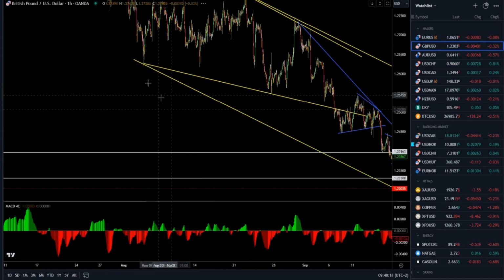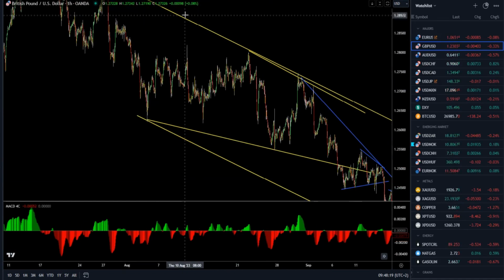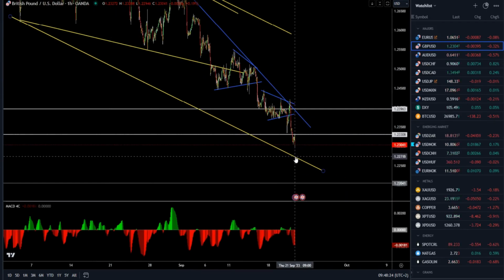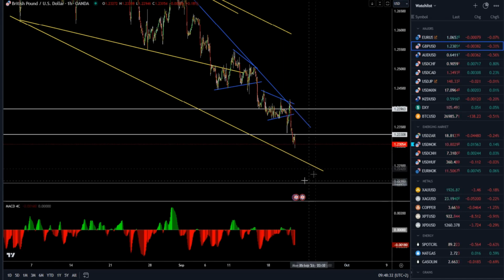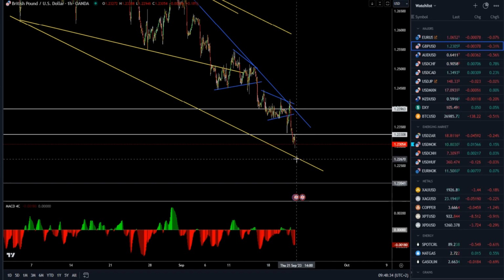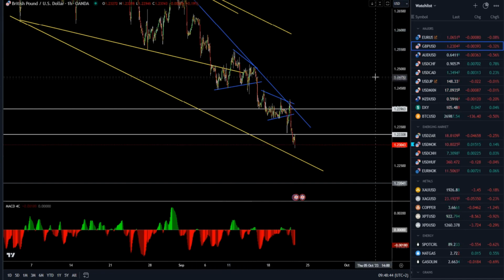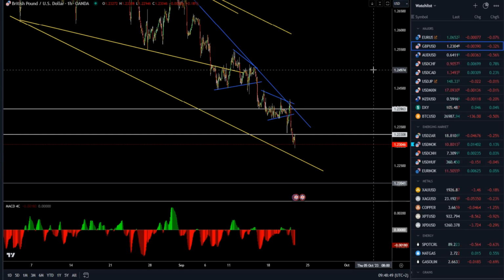lower trend line, which is a parallel trend line that I placed from this upper trend line. And that trend line is about 1.2270, 1.2260 mark, and then we have the 1.2200 mark as potential downside if there is a bigger down move and if we don't react to this lower trend line. So again, downside, sellers in control, and overall after the FOMC we see the dollar again increased in strength,